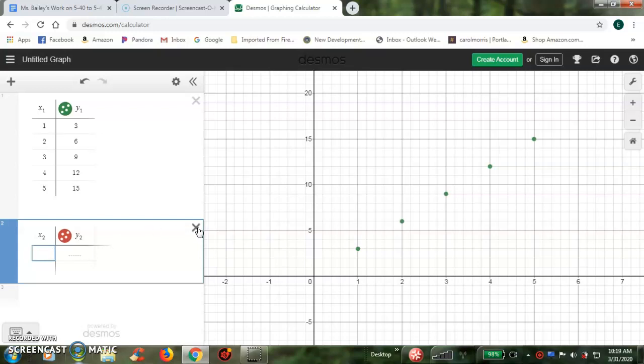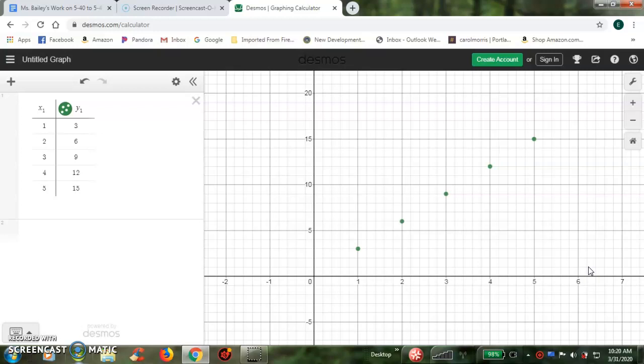I already did this one here. This is just a sample. Once you plug in a table, you actually get a little magnifying button down here. If you click that, it brings up the graph in such a way that you can see all the points, right? And then I just took a clip of this and pasted it onto my document, and a clip of this and pasted it onto my document. It took me a while to do all of them,